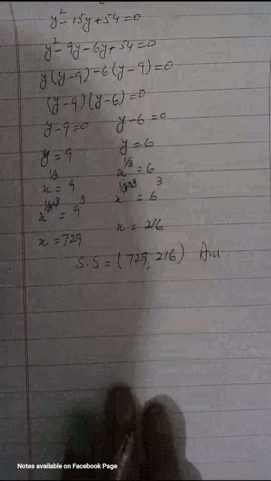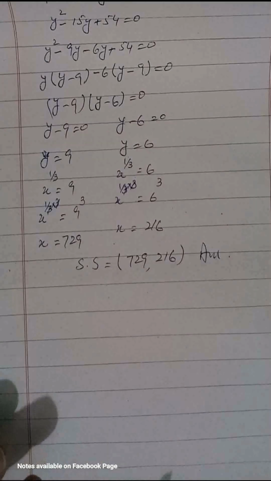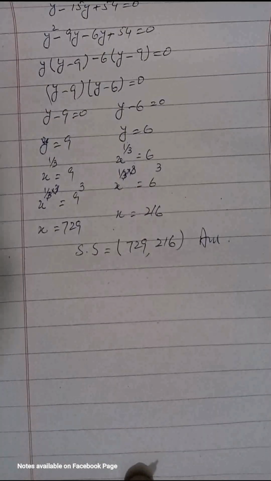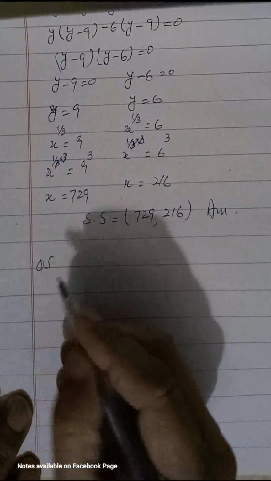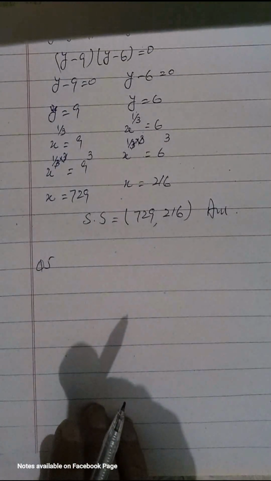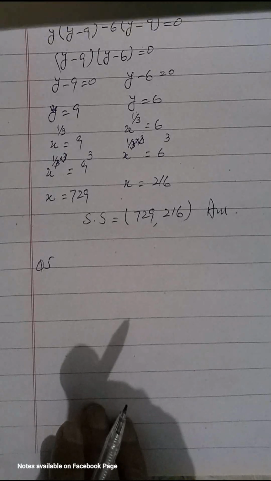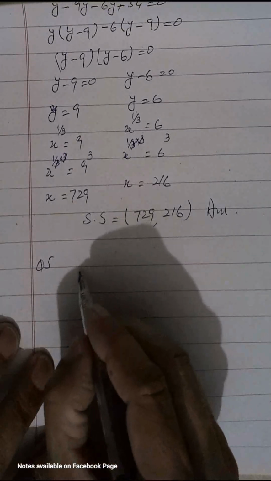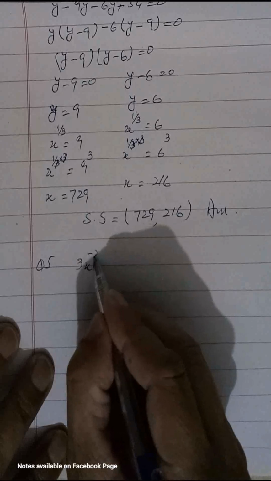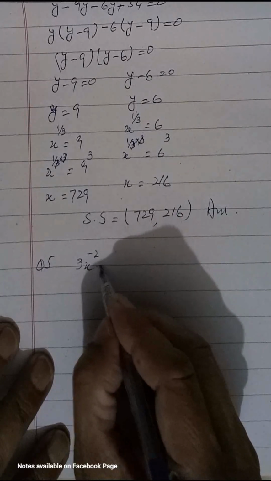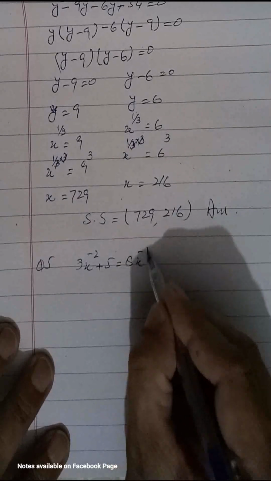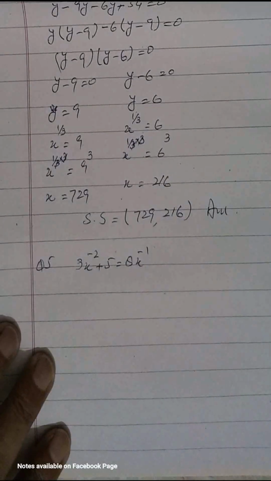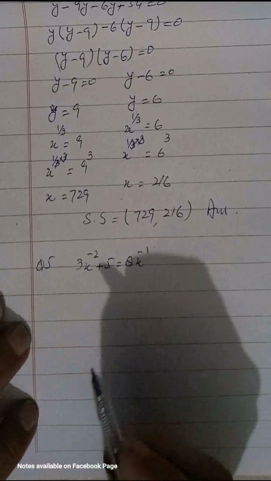Exercise 1.3, and the next question is question number 5, in which we know that 3x power minus 2 plus 5 is equal to 8x power minus 1. Now shift it into standard form. We get